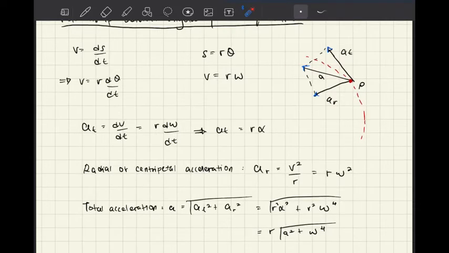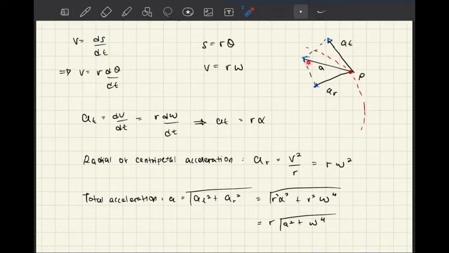The equation that we will use for tangential acceleration will be r times alpha, and the radial or centripetal acceleration will use r times omega square. If you guys want to find the total acceleration between the tangential and centripetal acceleration, it is essentially using